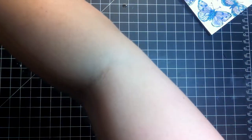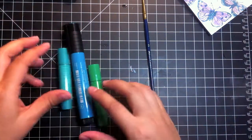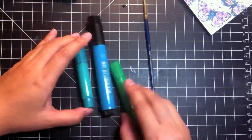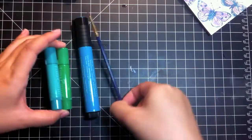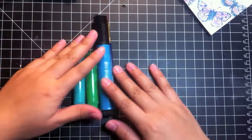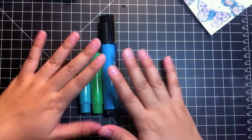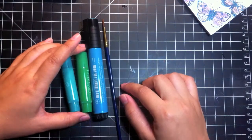So many of you may have received a little multimedia kit that looks like this. It might have a Stamper's Big Brush marker, some Gelatos, a paintbrush, and a clear stamp. And you may be wondering, how do I use it? You may be excited to use it, but you may not know how. So I'm going to run you through the whole process on how to use these various mediums together to make